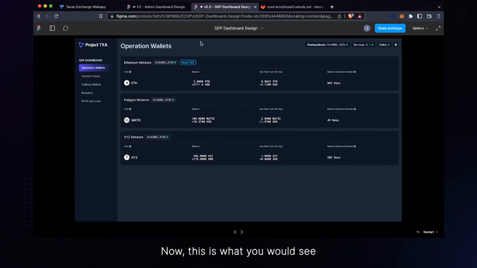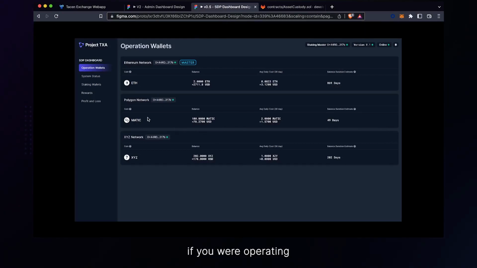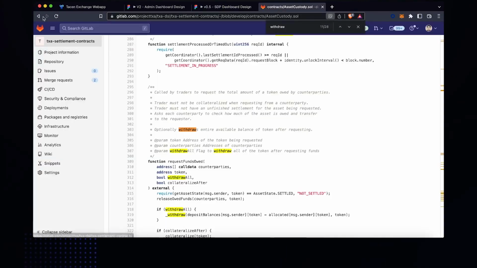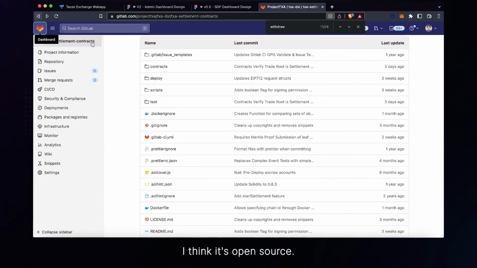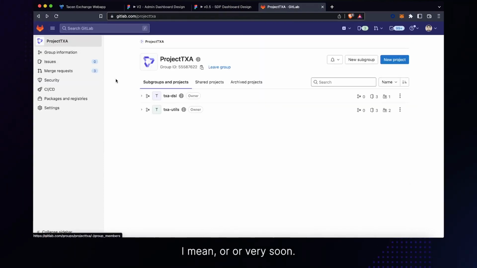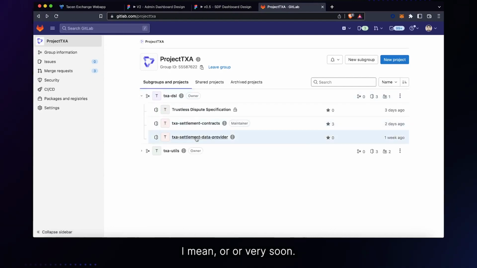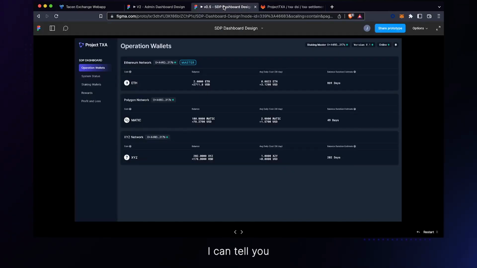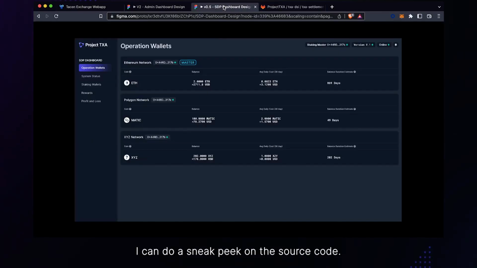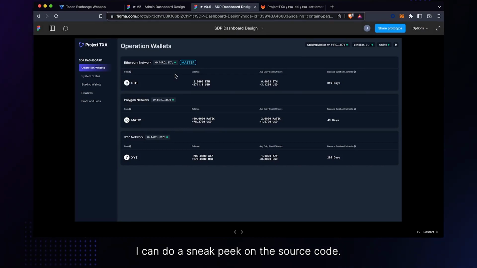Now, this is what you would see if you were operating a settlement data provider, which is also open sourced. I think it's open source. Or very soon. If you go here, okay, it's not there yet, but I can tell you that it's getting very close. I can do a sneak peek on the source code, but anyways,